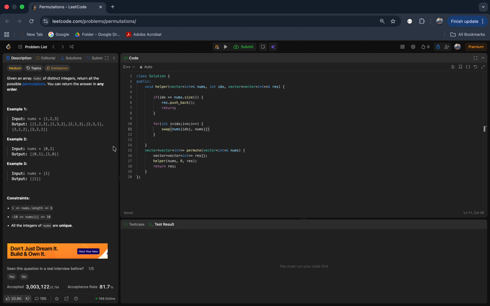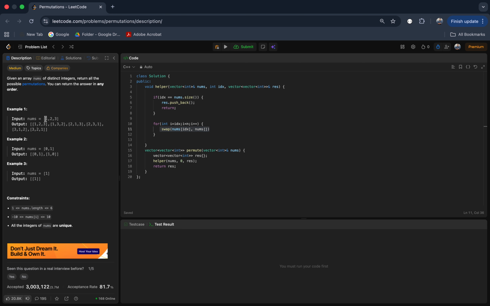Here we will be doing the swapping, because if it is in the first index we need to swap all the digits. Like if 1 2 3 is there, we need to swap the first one with this one, and I am doing it from i equal to index because I want this 1 also here. If I start from index plus 1, the swapping will be done, and